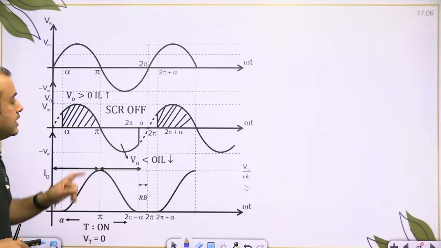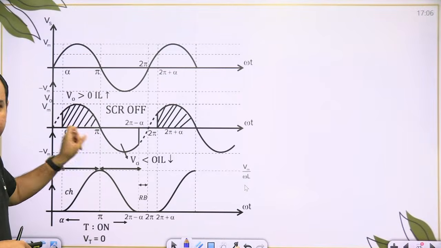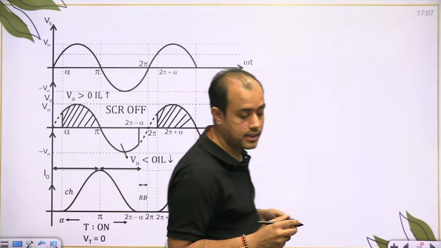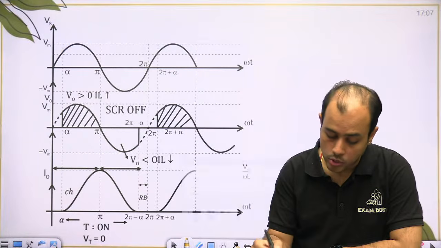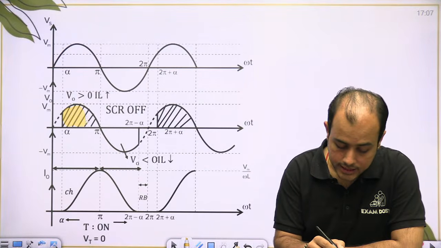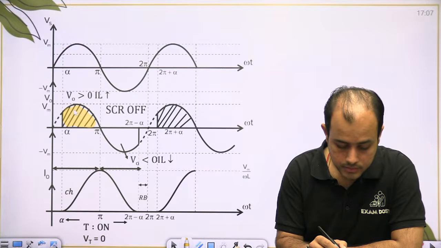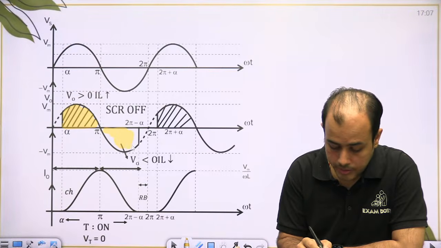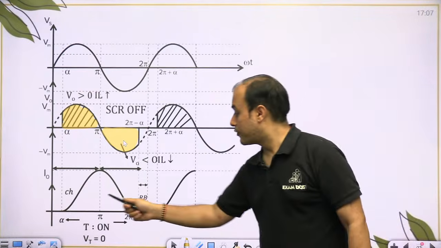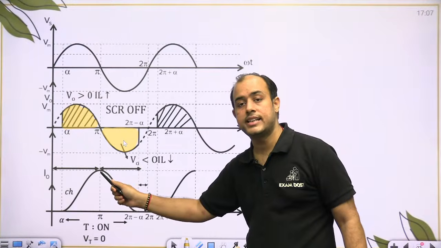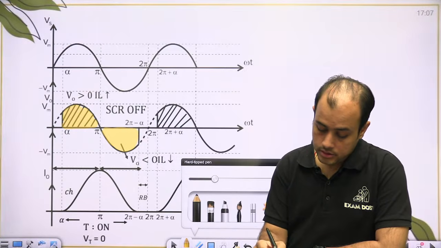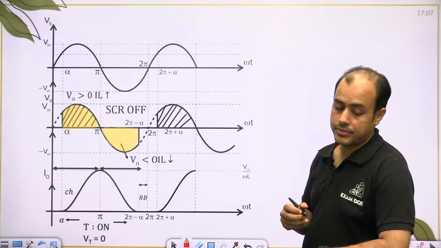So if you see beta, from alpha to pi, voltage is positive, inductor is charging. From pi up to 2 pi minus alpha, inductor is discharging. So now if you see, mere bachcho, you can clearly see that the area is coming out to be 0. Okay, this area is 0. So from alpha to pi, charging, current increases; pi to 2 pi minus alpha, discharging, current decreases. Okay. So now what you can say, you can derive